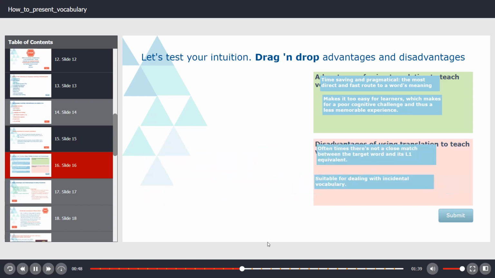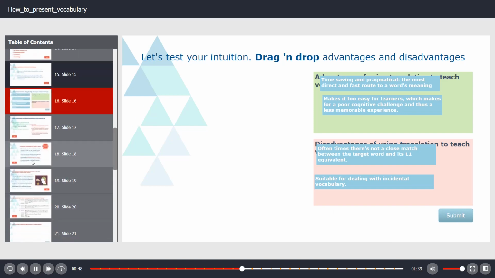There are two and two. I can tell you that. Two are advantages, two are disadvantages. When you finish, you click submit, and that's it. And then you're gonna be given the answer here, and then you're gonna be given a couple more advantages and